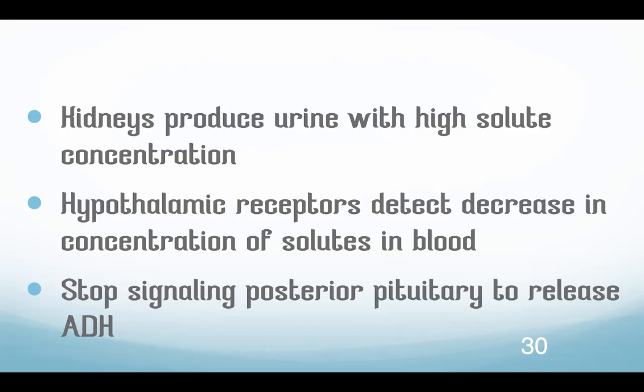I want you to think of the entire endocrine system as being very similar to your aircon system, okay? So you use your remote to tell your aircon what temperature you want the room. So let's say you set it at 25, and let's say your room is 30. So if your room is 30 degrees and you tell it that you want it to be 25 degrees, it's going to kick the compressor, which is the unit outside. The compressor is going to be turned on, and so cold air is going to blow out until you get